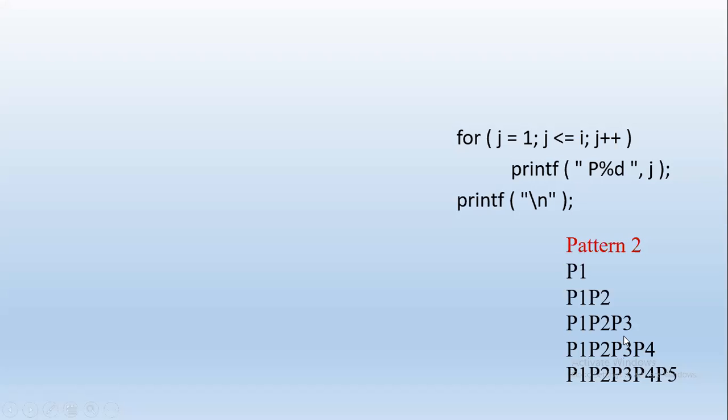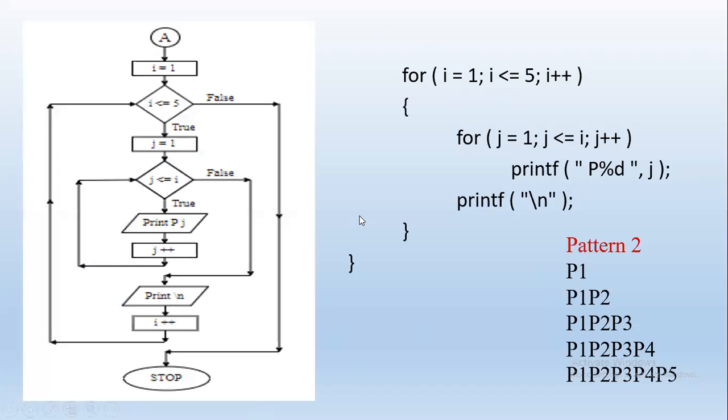So here what is the for loop? I equal to 1, I less than equal to 5, I plus plus, right? So here we are going to have an outer loop for the row count. Okay, so that closes the bracket for I. So that means we have the complete nested loop, and then we have the corresponding flow chart, right? So now I have just displayed this flow chart.